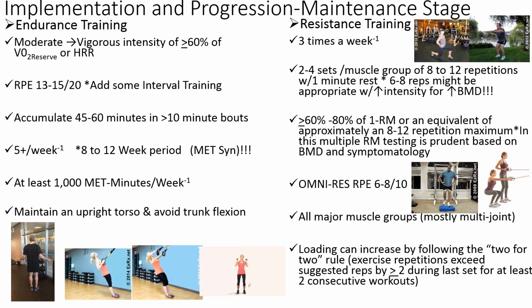That would also correspond to her ability to build both some strength and some endurance as well, and to start to increase the osteogenic loading from the lifts and the exercises. And as far as progression goes, in the ACSM's position stand, there's something called the 2 for 2 rule, and how that goes is that if a client can complete on their last set of an exercise more than 2 of the desired number of repetitions with good form and control, and they're able to do that during 2 consecutive workouts, they should be, in theory, ready to increase the loading intensity slightly during the 3rd workout, the next workout